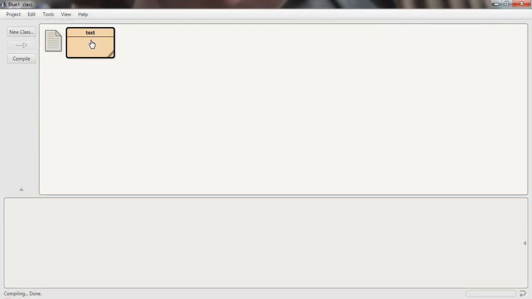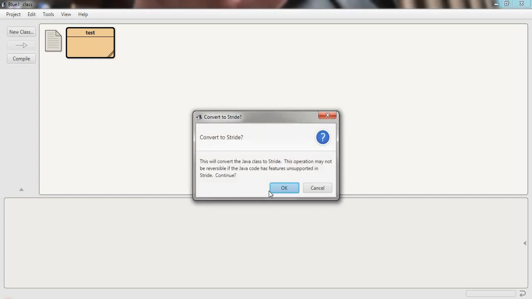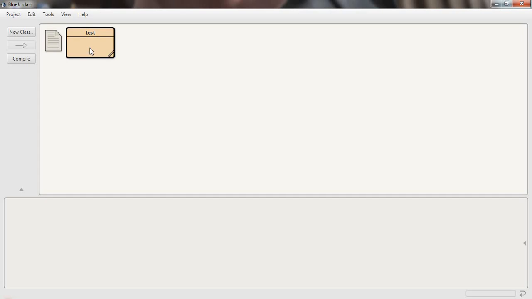So just click on close. Now how to execute the program? We have to just open, compile once again for your own purpose. Now create a test class.